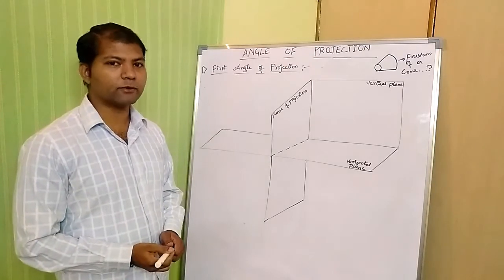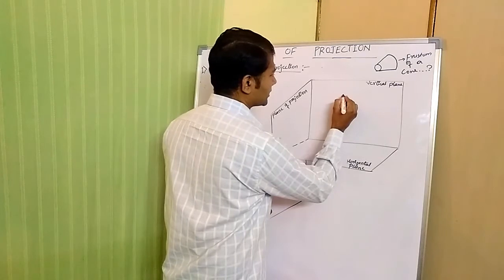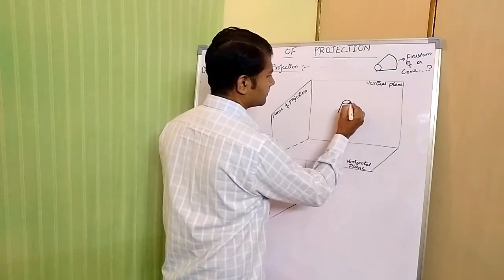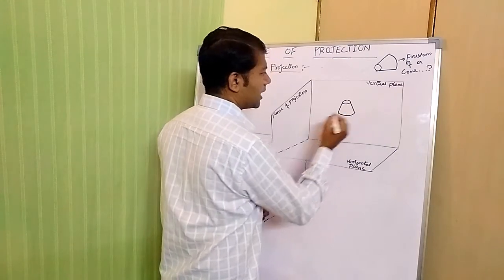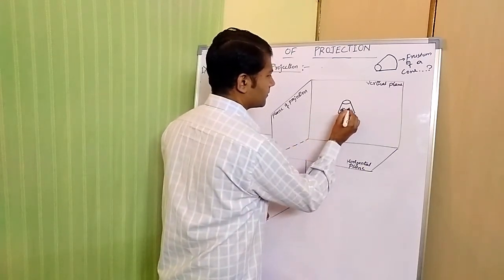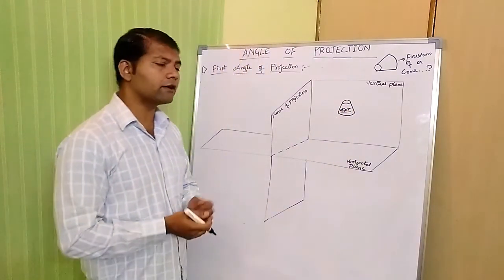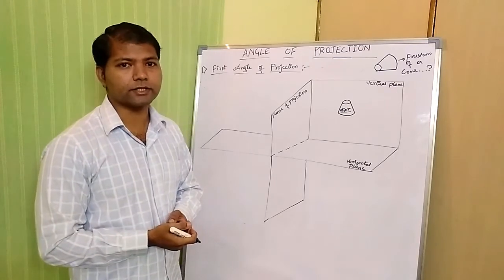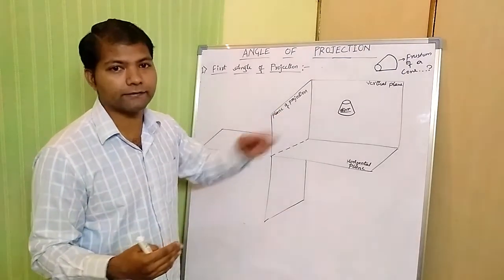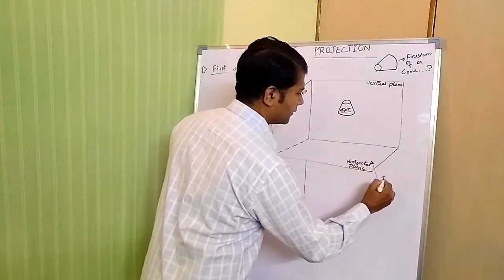Friends, now I am going to place a frustum in the first quadrant. So with respect to this, I am taking a frustum in the first quadrant. I define the frustum as an object. I name this as an object. So we have to view the object from different positions. So for you and me, I take this as a front view. So I am considering this to be the front view.